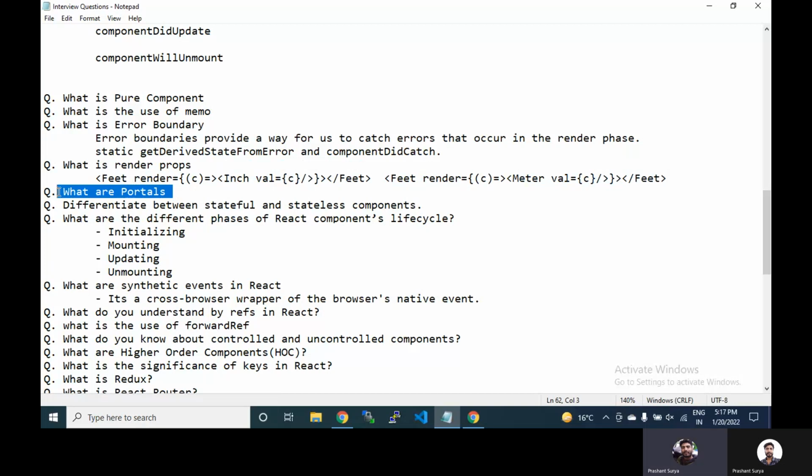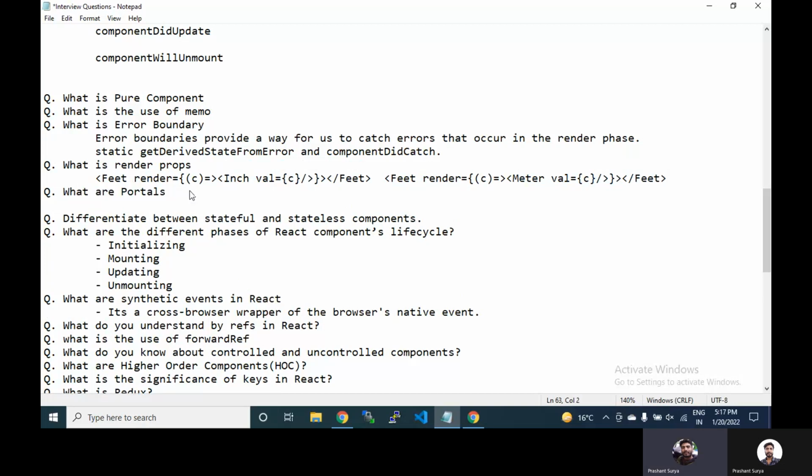Let's suppose you have your whole application inside this div, and all of it is rendered inside this root.